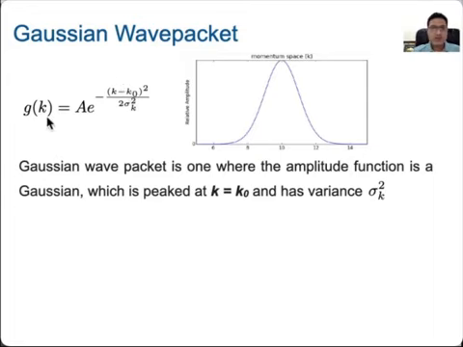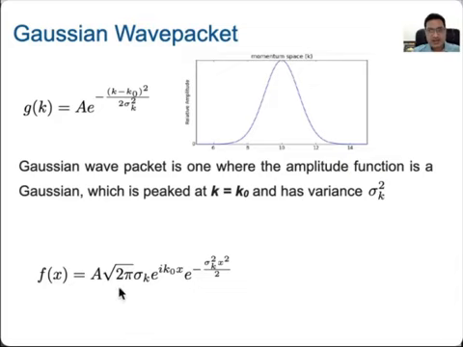Now if I perform a Fourier transform of this g of k and try to get f of x, you could do it by yourself, and this is the value you will get. You see here you have the same normalization value or some constant A, then you get the square root of 2 pi, that's what you have seen previously, then you get sigma k, then you get some additional part e to the power i k0 x, because this function is situated at k0. Then you get a Gaussian. So it's clear that because of this factor, this f of x is complex in nature.